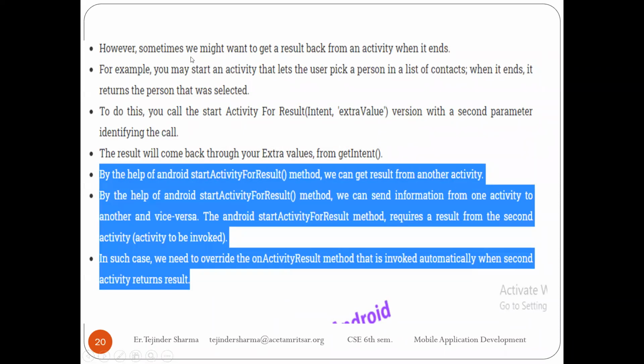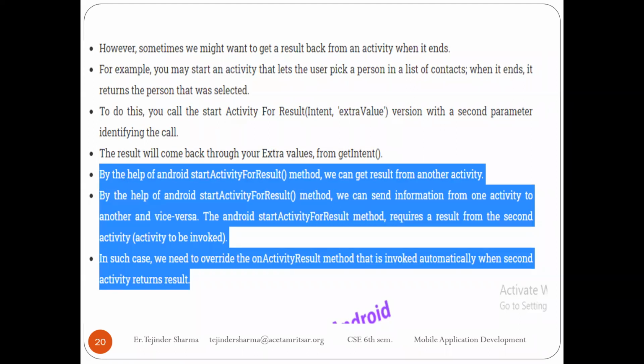However, sometimes we might need to get a result back from the activity whenever it ends. So you may start an activity that lets the user pick a person from a list of contacts. When it ends, it returns the person that was selected. For example, you have a phone book and you want to locate my name only. In your phone list, you try to find my name and you get my number, and the list is not displayed on the screen.